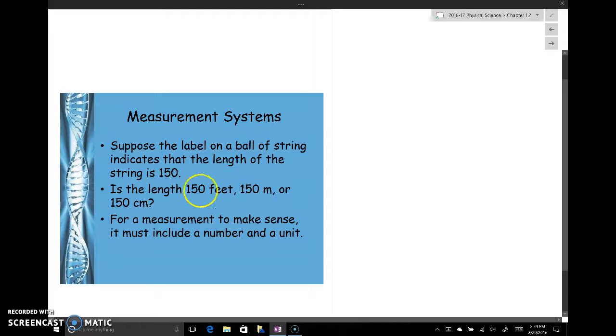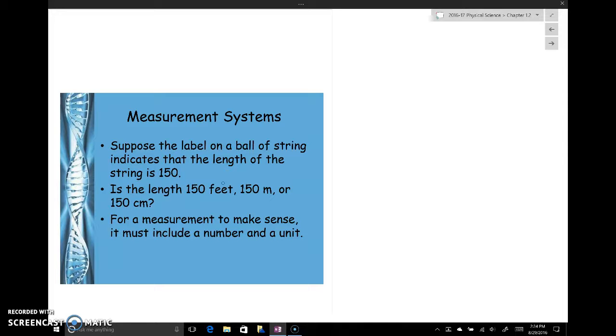And there are real-world examples of where this has been a problem. So in our country, we don't typically use SI units. We don't use things like meters and centimeters. We usually use feet and inches. Well, scientists at NASA were working on a project for a mission that was supposed to go to Mars. And the scientists working at NASA were using one set of units, while the scientists collaborating with NASA all around the world were using a different set of units. And it wasn't until they launched the